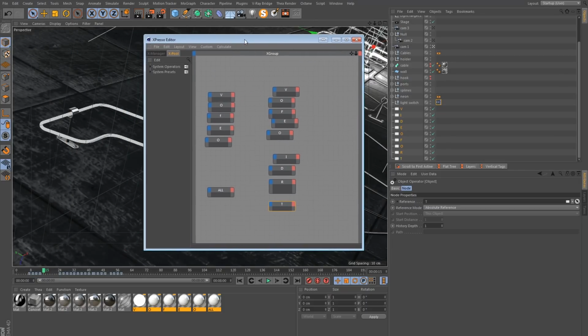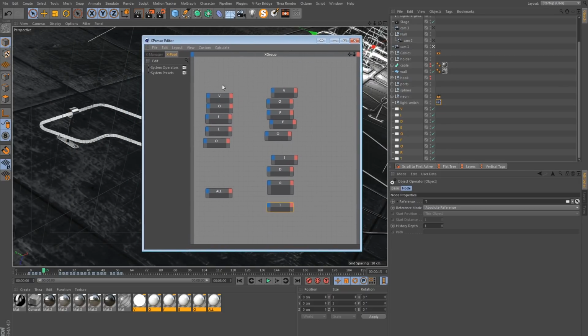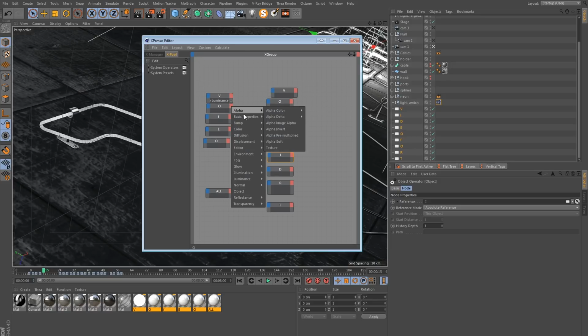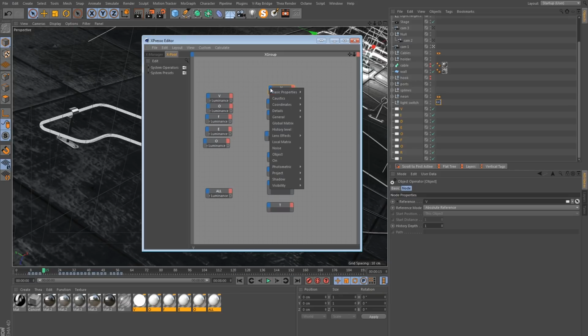And now I can link the luminance being turned on these materials to the light being enabled. So if I open the right side, basic properties, we want to fetch the enable luminance control. So let's do that for all of these. And then for the lights, we want to go to basic properties and enabled.